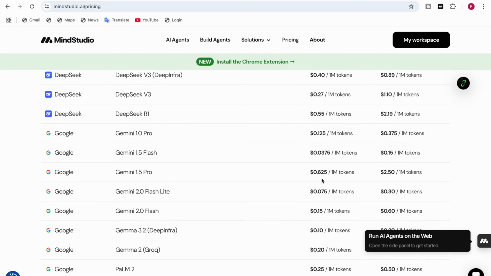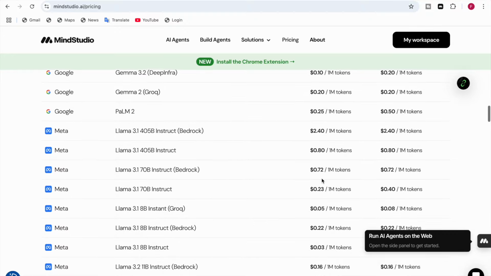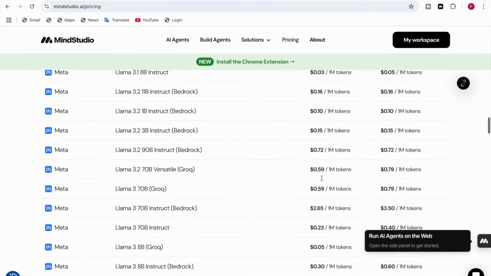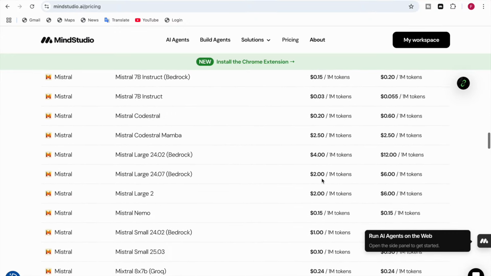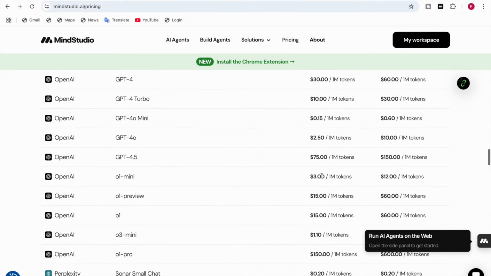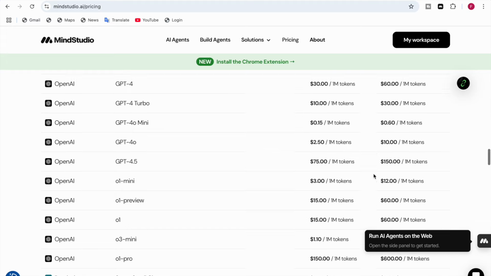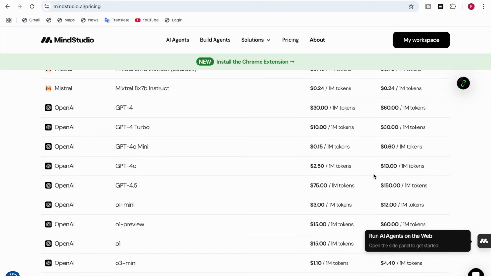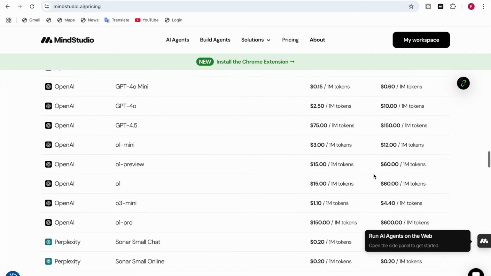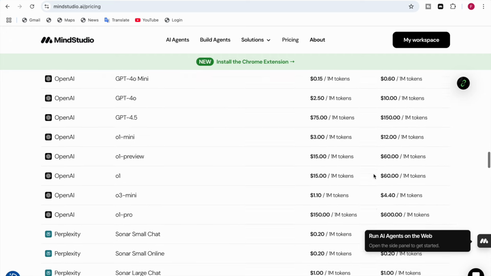In that also you can have a look at the prices. There's also Meta Llama, then Mistral, and there are also the AI models from OpenAI. There's even GPT 4.5. So you can see here, for 1 million tokens, what the pricing is for O3 mini, for O1 preview, O1,